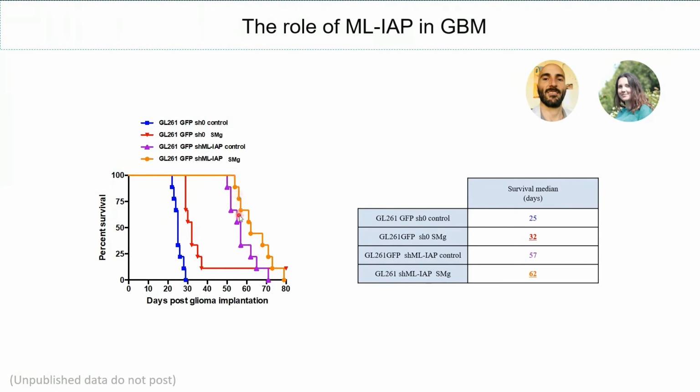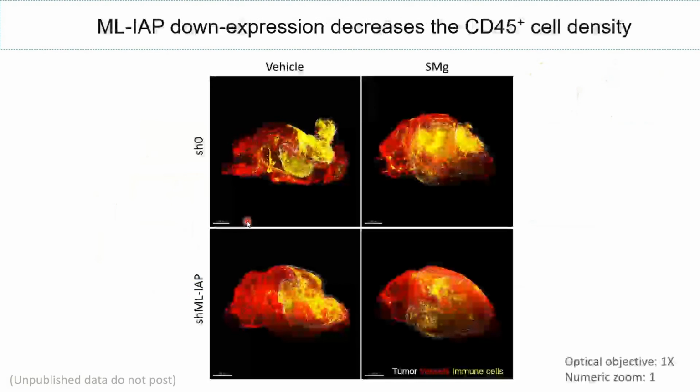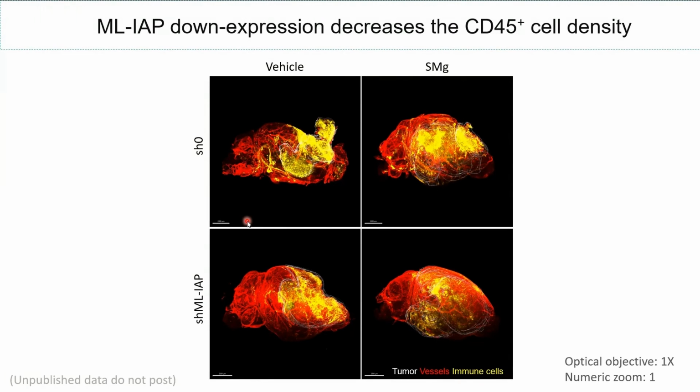But when we grafted the MLIP downregulated cells, we significantly increased the survival of the mice, and the treatment in that condition could not really increase the survival of the mice. So meaning that when we remove the target, the treatment has no effect anymore. This result was very interesting for us, and now we want to go deeper and analyze how